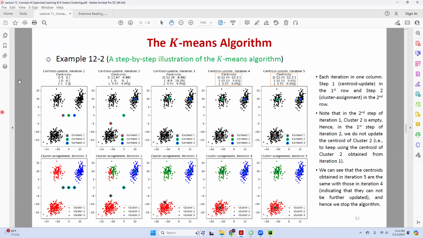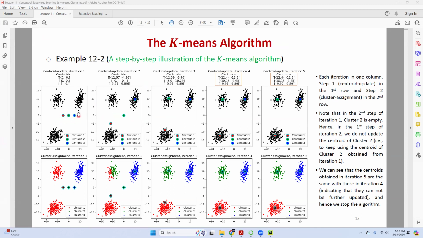So when you read it, it's going to be in this direction, this way. This is step number 1, step number 2, sorry, I should say iteration number 1, iteration number 2, and all the X. The first row means step 1, step 2. So iteration 1, step 1, iteration 1, step 2, iteration 2, step 1, iteration 2, step 2. Okay, now let's see step by step.